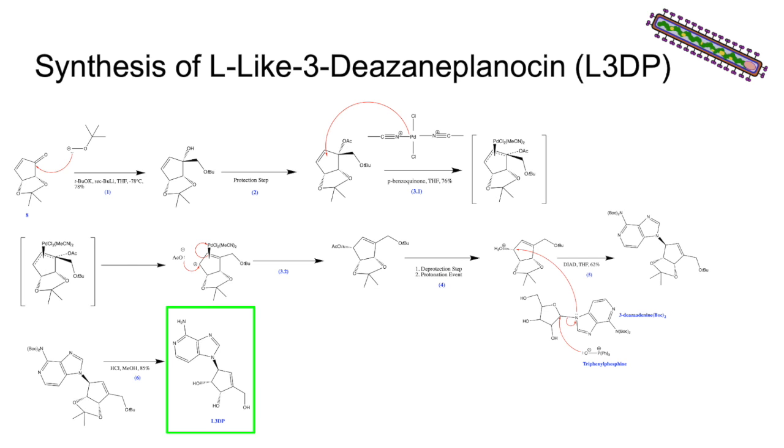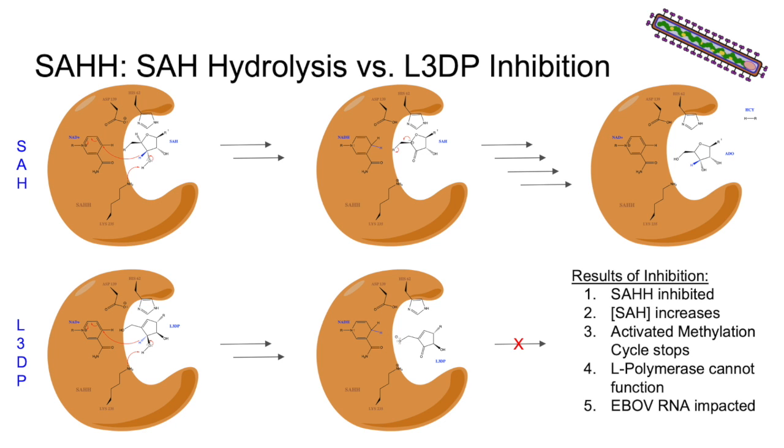The acid similarly hydrolyzes the tert-butyl ether on the alkane substituent. The resulting molecule is L3DP. The reason that L3DP is important in inhibiting Ebola's action is because it can inhibit the function of adenosyl L-homocysteine